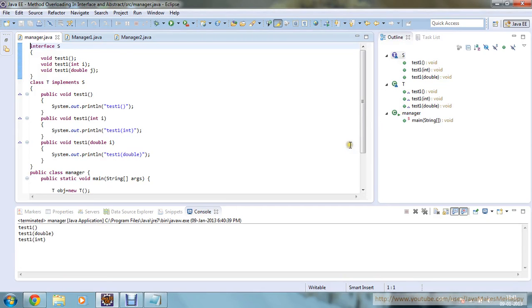In this tutorial, we're gonna learn about method overloading through interface and abstract classes. Now, in this program, I have given one interface named S, and I have defined three methods over here: test1, test1, and test1. And look very carefully that all the method names are the same, test1, test1, and test1, but